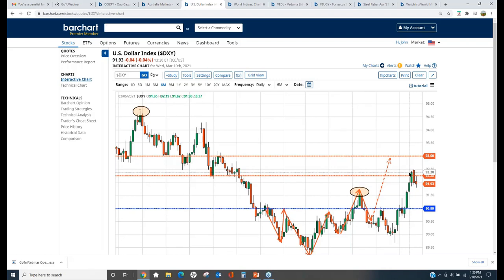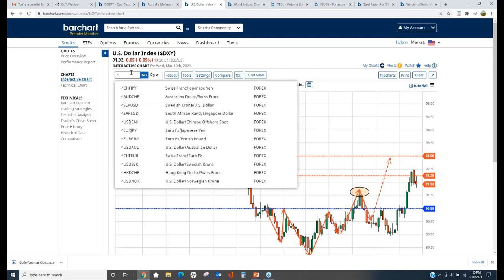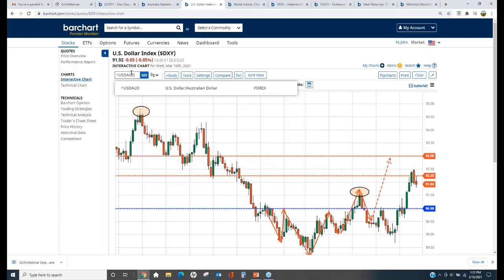So I'm just showing you what is going on in the current markets. Now, the reason why we've seen this rally in the dollar probably has to do more with rising interest rates in the United States, and as money is coming back into the dollar, because the 10-year note got above 1.5%. But again, what we could do is look at our exchange, this Australian dollar, and US dollar AUD.